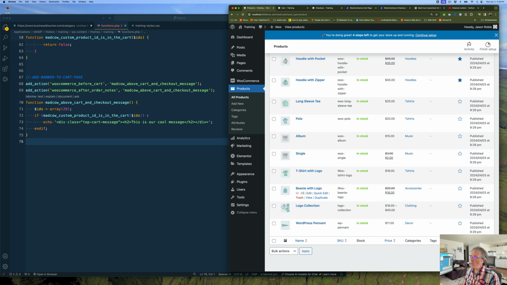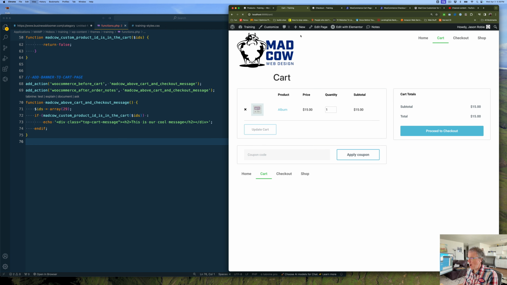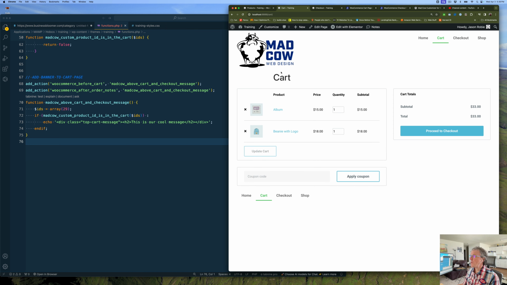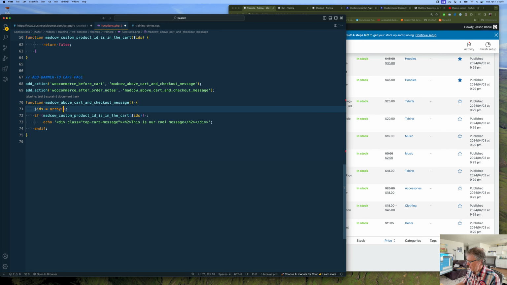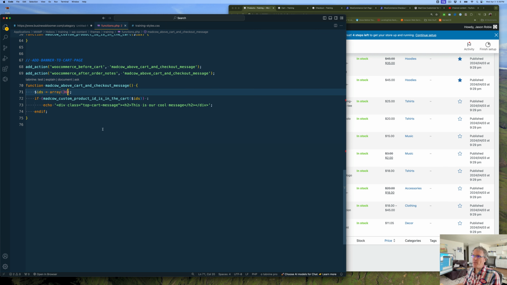So we currently have ID number 29, and if we refresh our cart, we should see our beanie, and we still don't have the message. But if we grab our beanie with logo, which is 36, and change our code to ID 36,